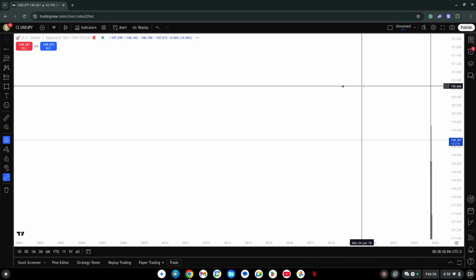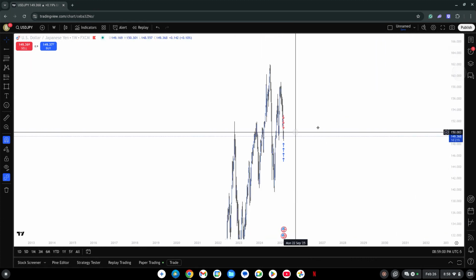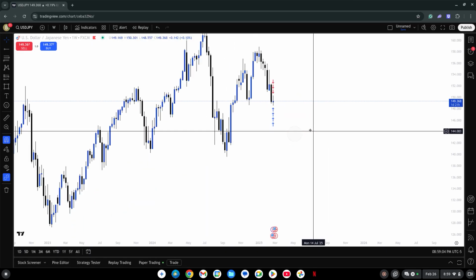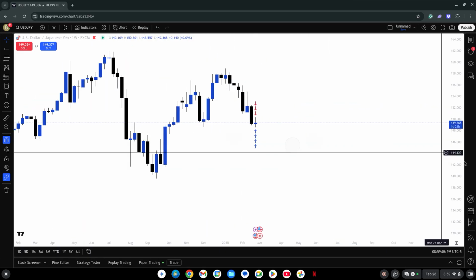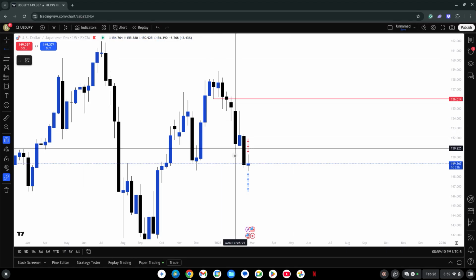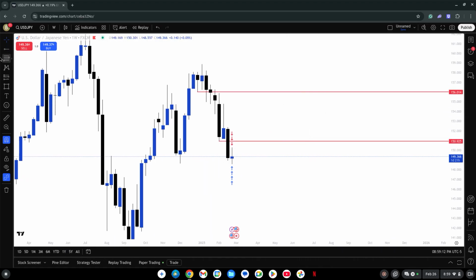So on the weekly, and don't mind, these are just back testing. On the weekly, we're bearish. We closed above this low and we closed above this low. And obviously everyone who trades knows, in order for trends to work,